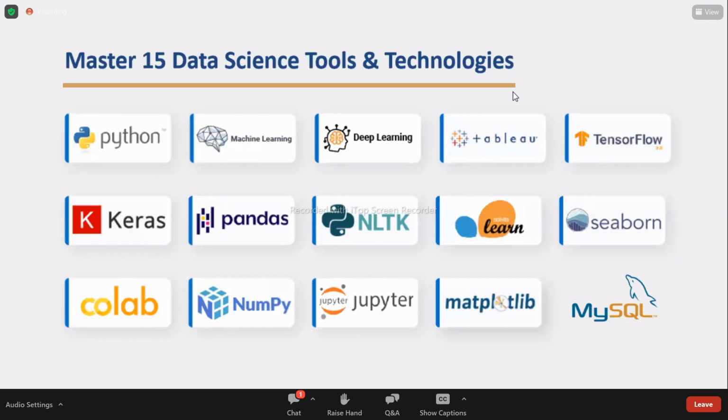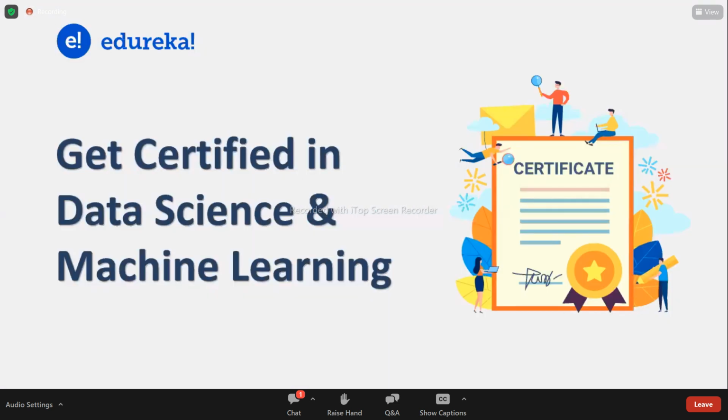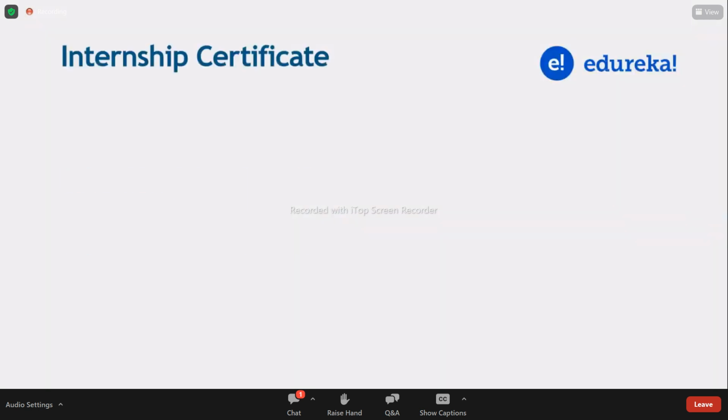So it's better that you join the internship batch as soon as possible, because I think there are very limited seats available. I think just 5 to 6 seats. I'm not quite sure about the number yet, but I'll give you more of an update when I get them. So once you get certified for the data science and machine learning program, you can get it through this internship